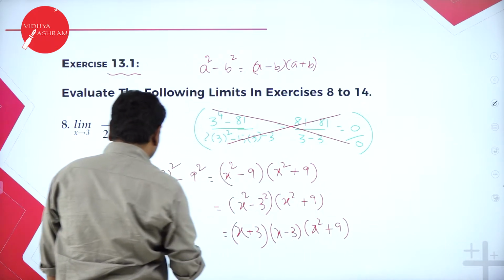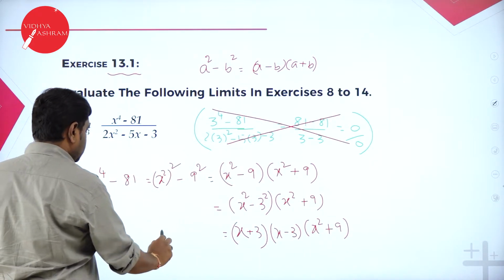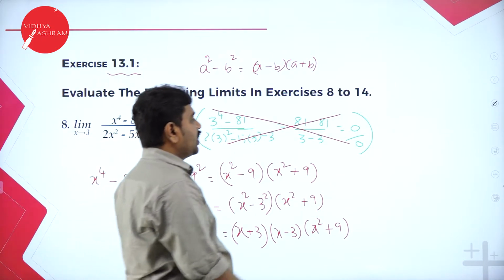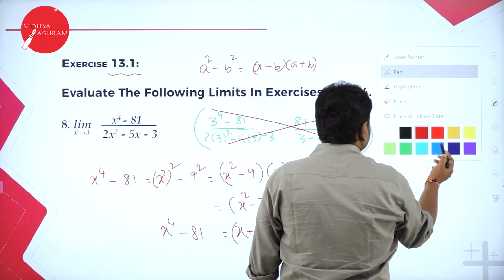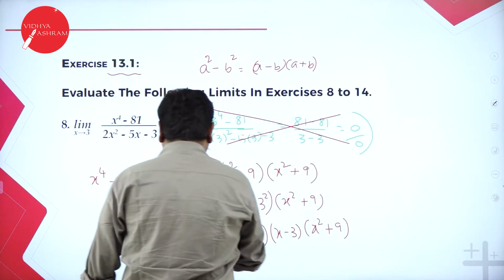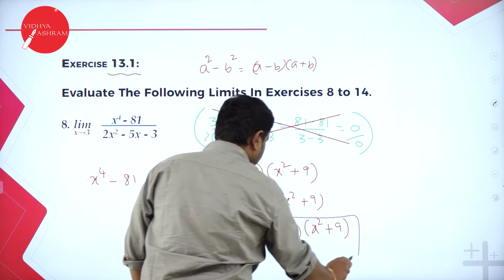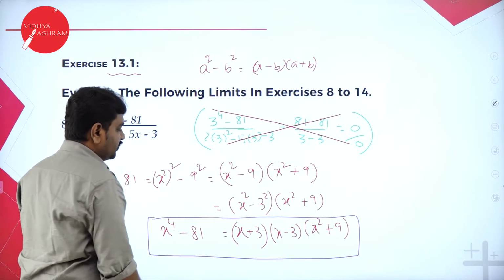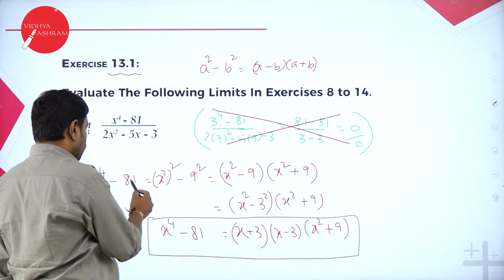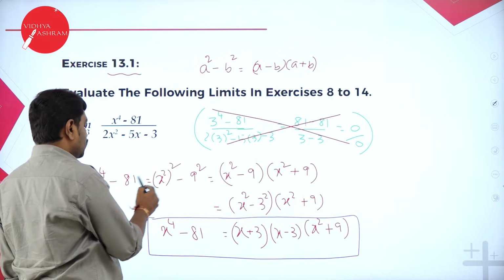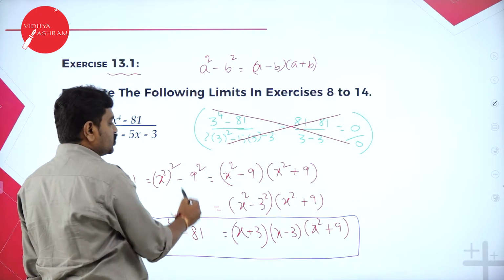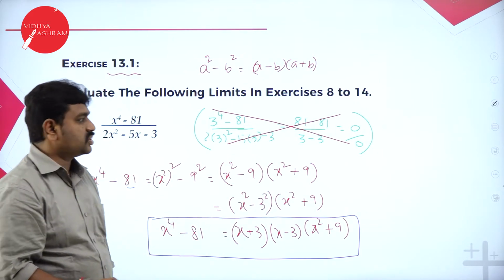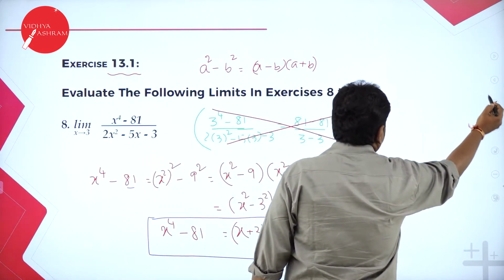So the given numerator, that is x power 4 minus 81, we got. What is x power 4 minus 81? After factorization it got reduced. There are two techniques. We can convert it into theorem also. So now I got the numerator. I wrote x power 4 minus 81 as x square whole square. 81 can be written as 9 square. Further, this 9 can be written as 3 square. Repeatedly we used a square minus b square, which is a plus b into a minus b.